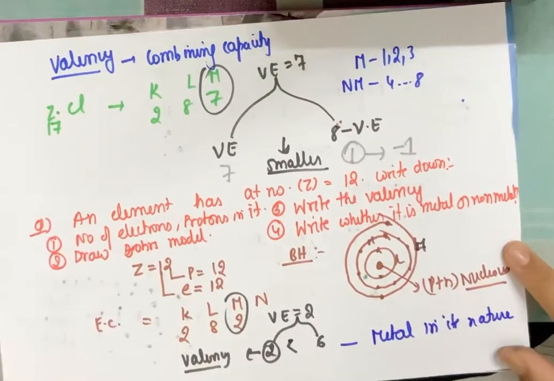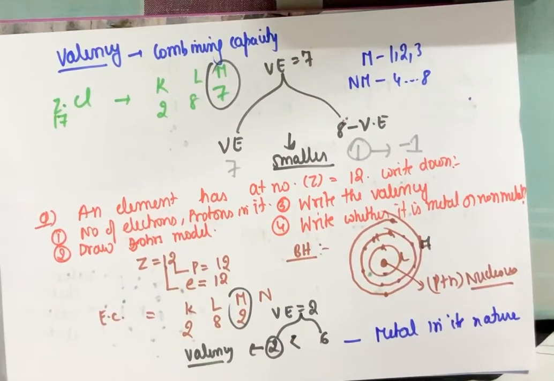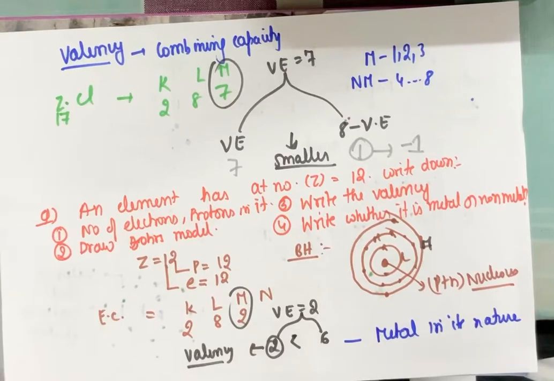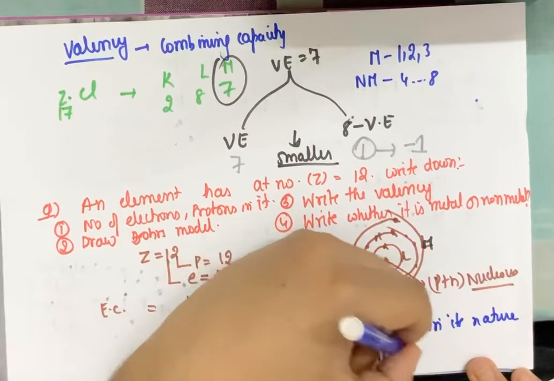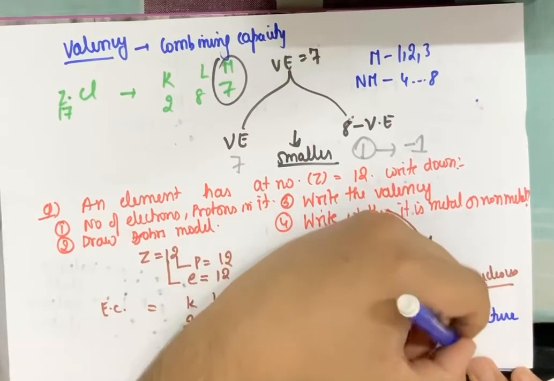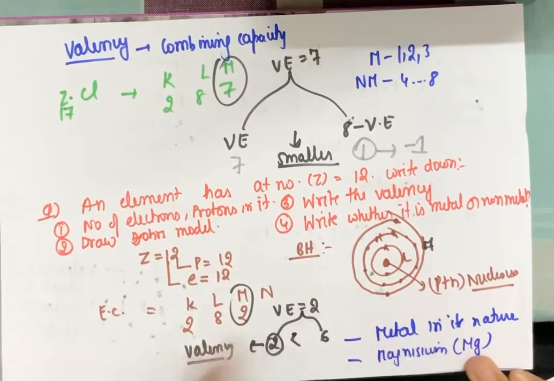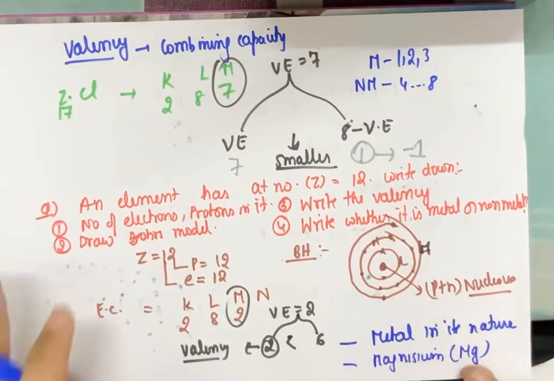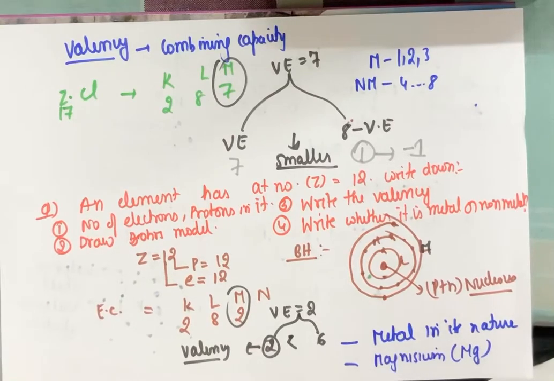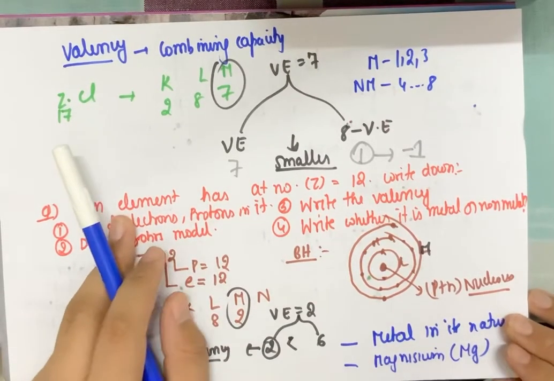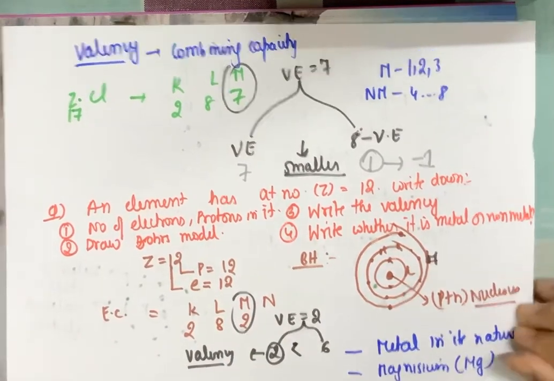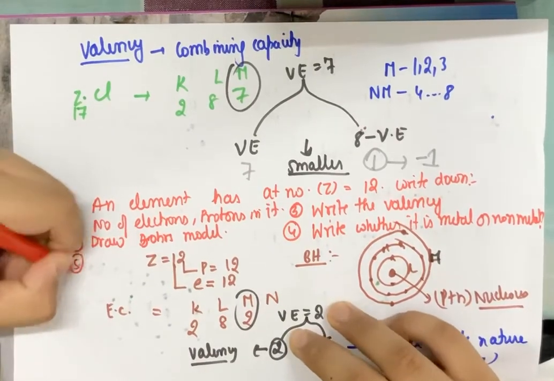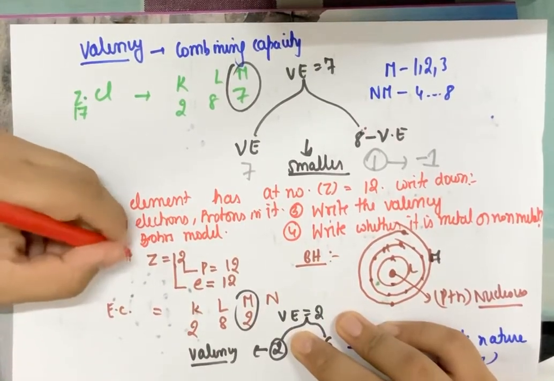Okay. Now one more part can be expected here. Name the element. Now for this you should always remember the element names till atomic number 30. 30 तक आपको elements और उनकी valency याद होनी चाहिए. So this atomic number is 12 and atomic number 12 is magnesium. Okay, magnesium. Mg is the element. Now there is no logic in this. This has to be learned. Atomic numbers till 30 has to be learned after class 7. From class 8 you should know this at least till 20, till 11th, and after 11th and 12th you should know till 30. So you will identify this element as magnesium. So I'll add this 5th part also. Name it, because generally the naming is also asked.